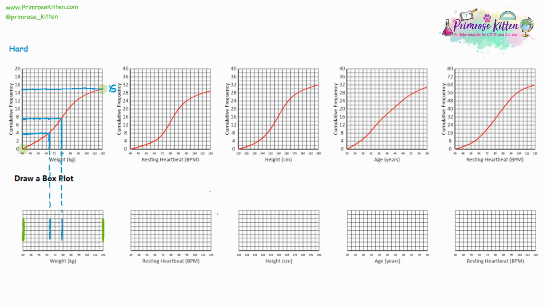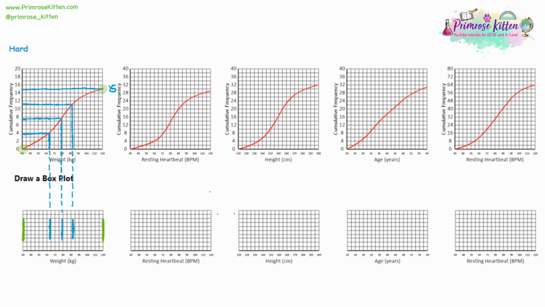The last one is the upper quartile. Now, one way to get it is to multiply the lower quartile by 3. So if it was 3.75 on the frequency side, times that by 3, we get 11.25. Alternatively, you can take 15 and multiply it by 0.75, and it'll get you the same thing. So we're going to find 11, and just above it for 11.25, draw a line across, hit the curve, and draw a line down, and then look at what number we're up to. Now we're in between 88 and 92, so it looks like it's going to be about 90 here. Again, you just use your ruler and come down, and then you can draw your line.